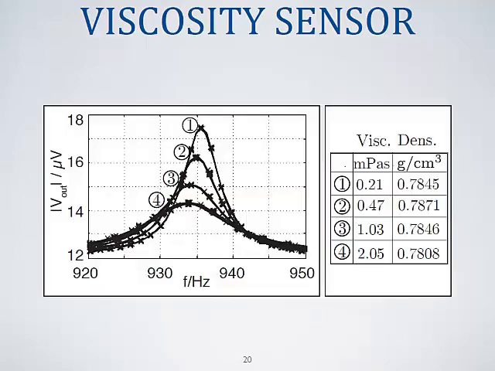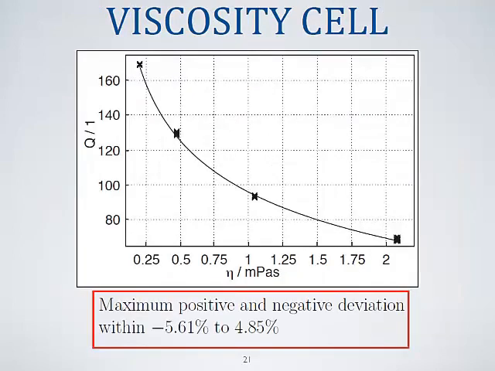These are first measurements, recorded resonance frequency responses, which are also in our paper, and the evaluation of the quality factor of these measurements over viscosity is depicted here. And again, the measurements deviate slightly from the model, and the result of this experiment shows that we are within a margin of, let's say, 5%